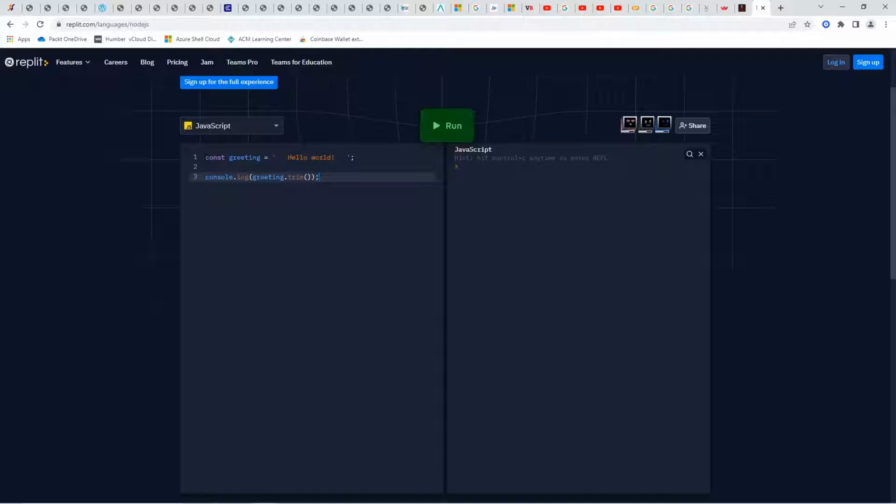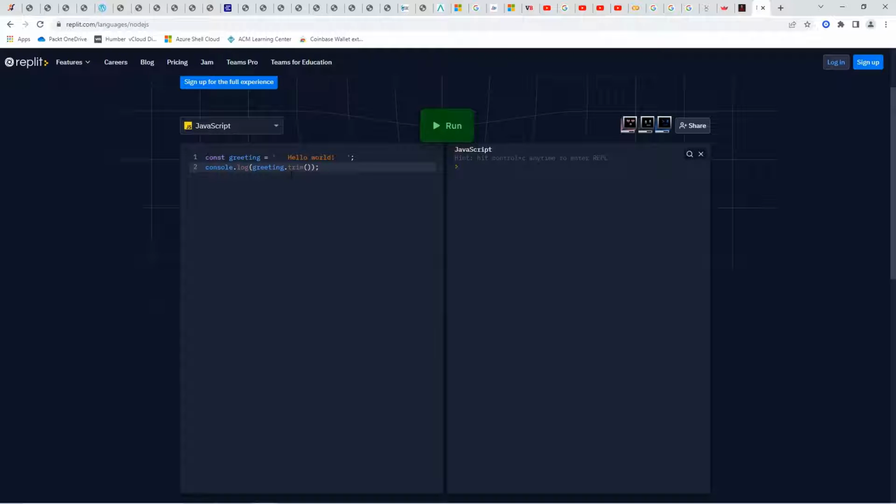command called const. So this is a constant, and basically this is in a way opposite to a variable, that once the value is assigned, in most probability it will not change. So what we're doing here is we are saying it's a constant, we're giving it some name, greeting, it equals this hello world, and you can see we have white space on both sides. So we are going to use console.log and